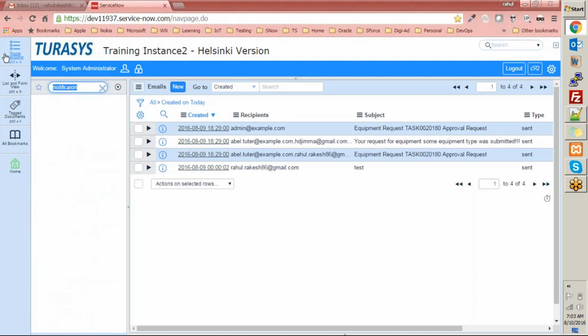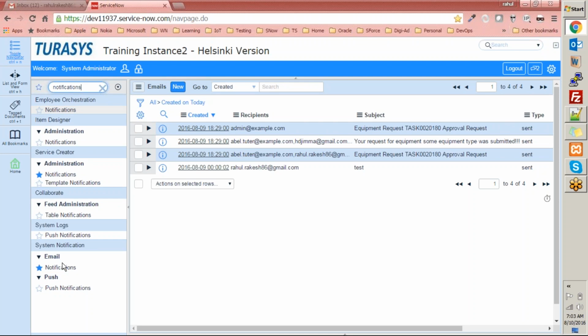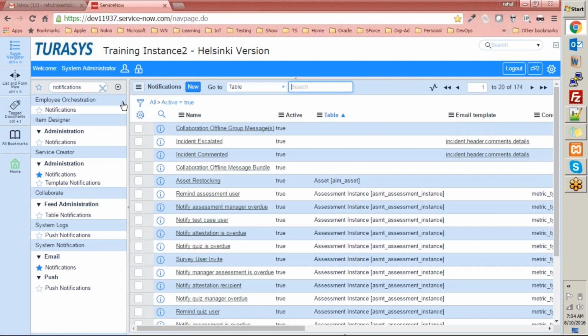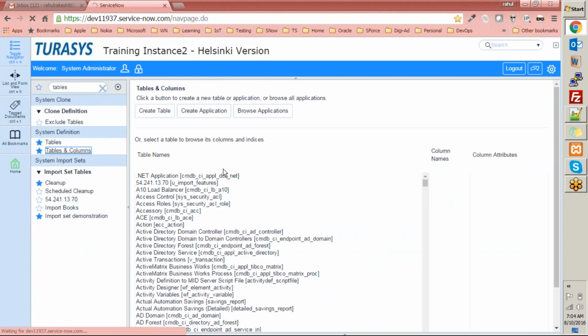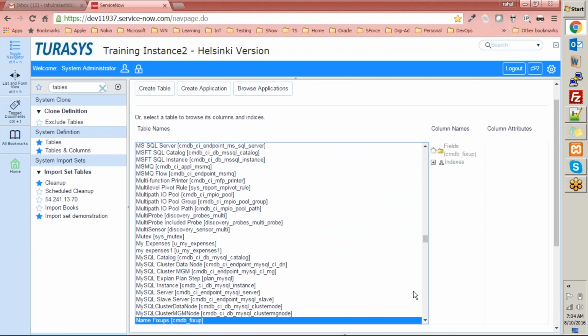Now let's look into the notification table. Go to email notifications. So these are the records here. If we go to tables and columns, and if you are interested in looking into what table it is, I can go here and start typing notification,